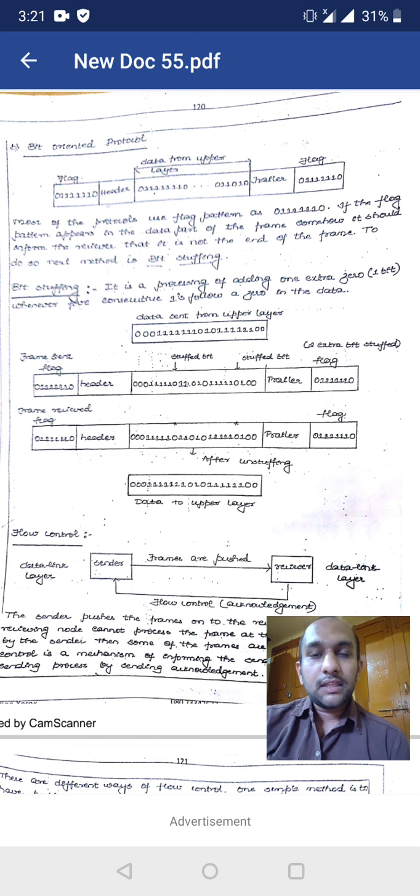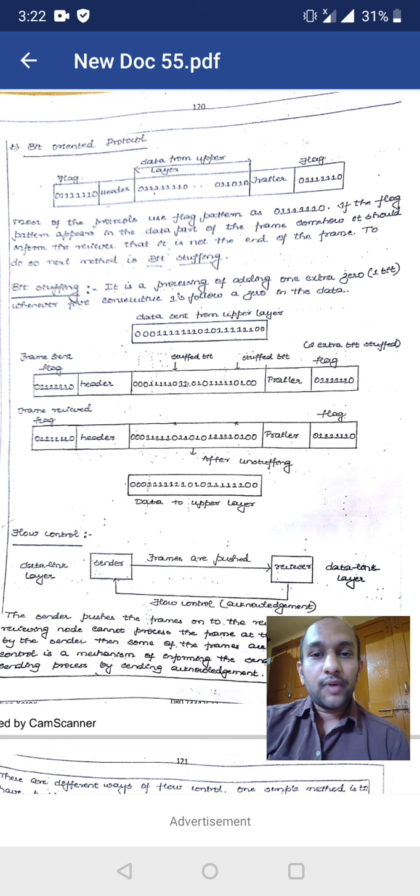Think that in the data we have bits which are the same as the flag bits. The receiver will get confused about which are the flag bits and which are the data bits. Hence, to avoid that we use bit stuffing. Bit stuffing is the process of adding one extra 0, a single bit, whenever 5 consecutive ones follow a 0.